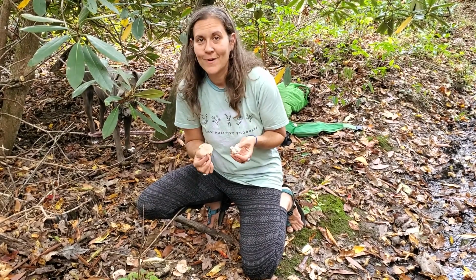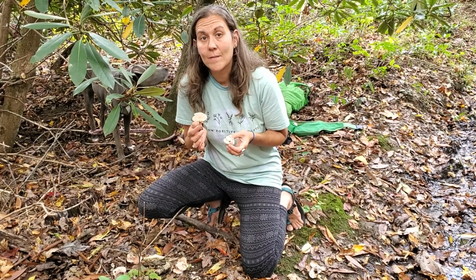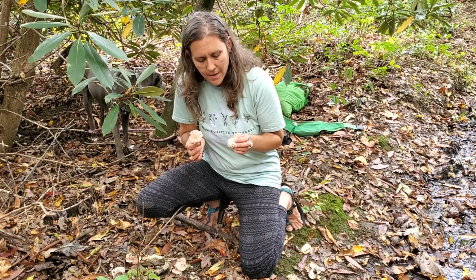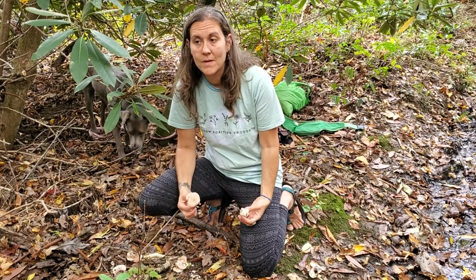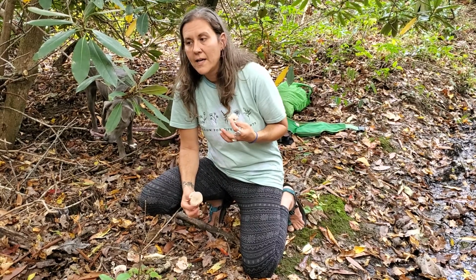And I'm here to tell you about this mushroom. My favorite name for it is shrimp of the woods. Another name for it is aborted entoloma, and it's actually a fungus from the Entoloma species that parasitizes a honey mushroom. And this is super awesome because honey mushroom is actually the biggest